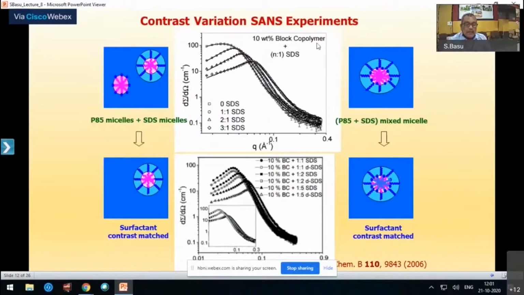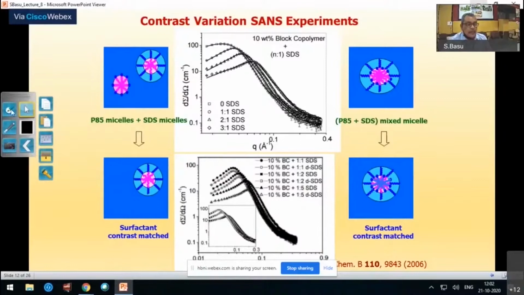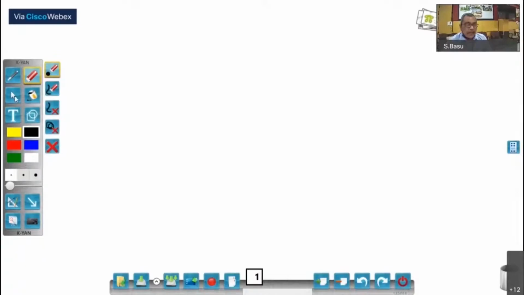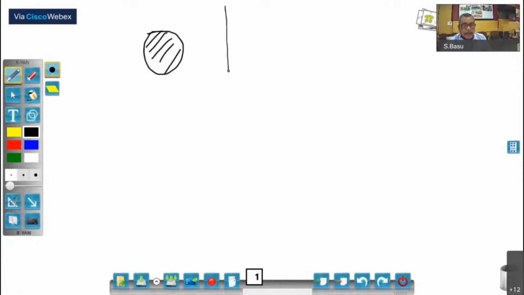And what is this information that we are looking at? I'll give a very short answer. You see, we talked about form factor earlier. If you remember, I told you that in case of X-rays, depending on the size of an atom, the Fourier transform of it falls in Q. This size is typically angstrom level.